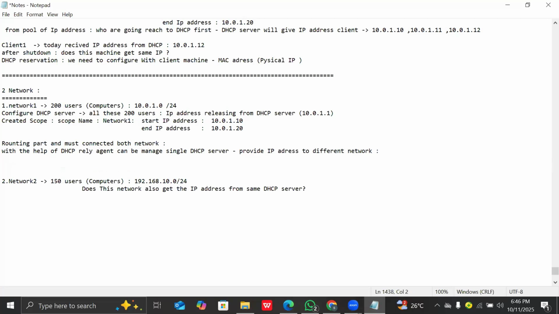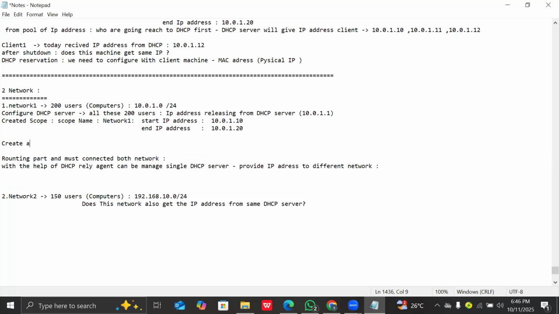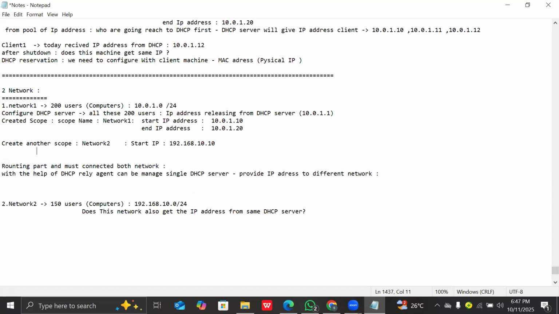In this case, we need to create another scope. Once it is done, create another scope, the scope name called network 2, and what would be the IP address? Start IP address is 192.168.10.10, and end IP address would be 192.168.10.20. So once that is in, routing and relay agent configuration has to be done,